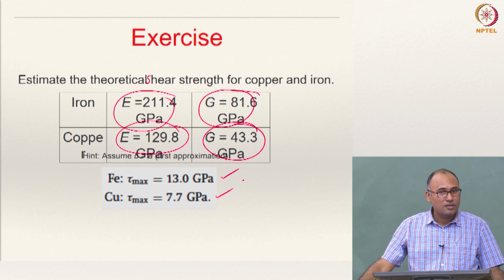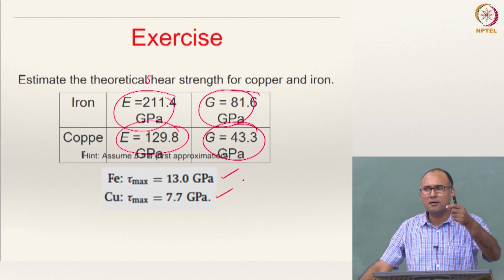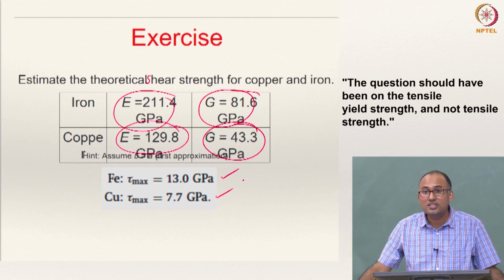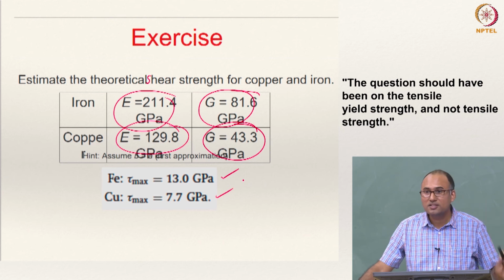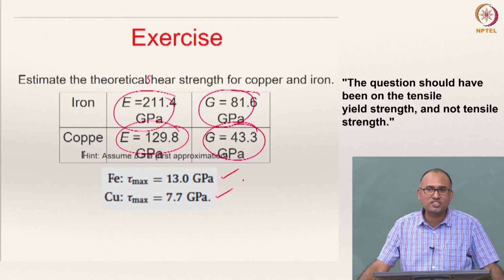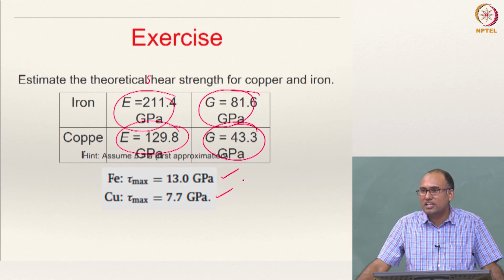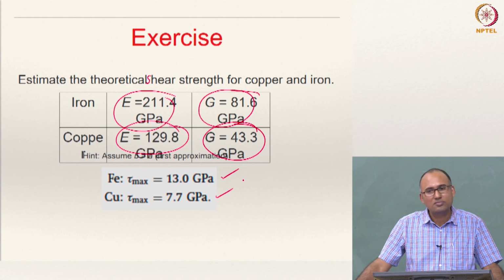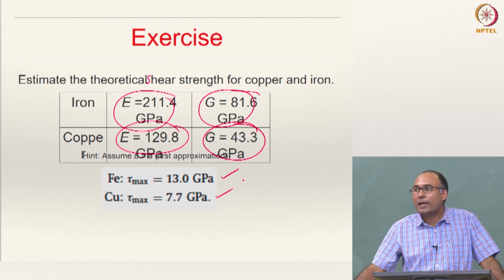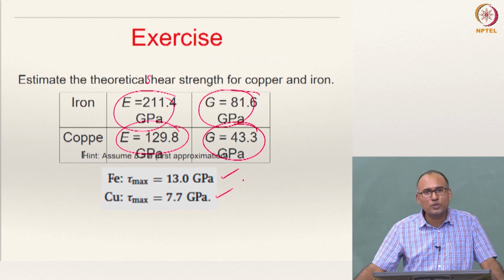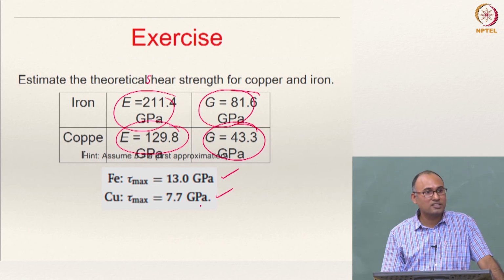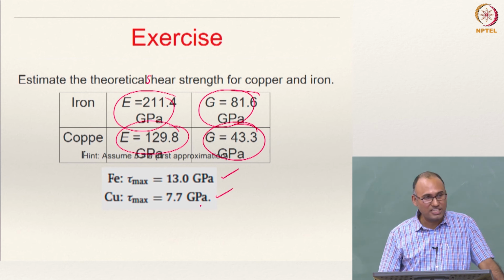So this theoretical shear strength means bond breakage energy. But in reality, what are the shear strength values? What is the tensile strength for steel? How much? 200? 200 what? Units. 200 GPa. What is the elastic modulus of steel? Elastic modulus of steel is around the order of 200 GPa, right? Mild steel. And the yield strength of mild steel is around 200 MPa. Just because the numbers are the same, the units should not be the same. But here we are predicting for iron itself, and iron is actually softer than steel in general.